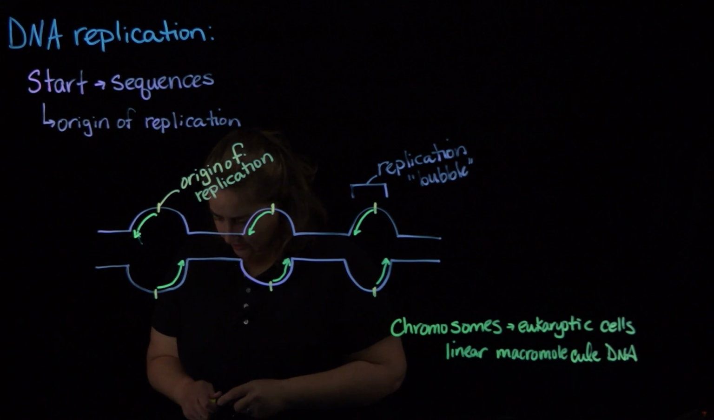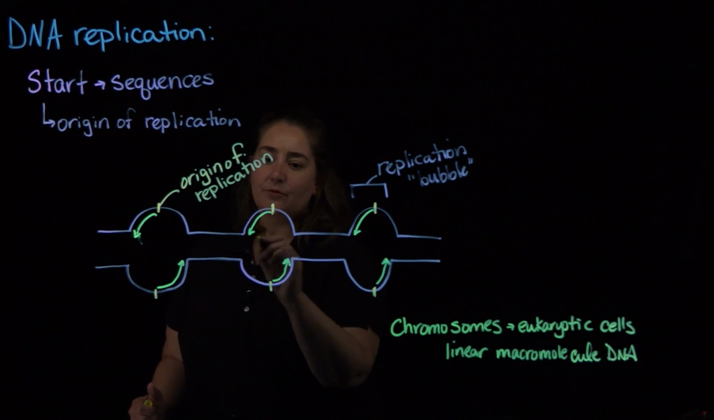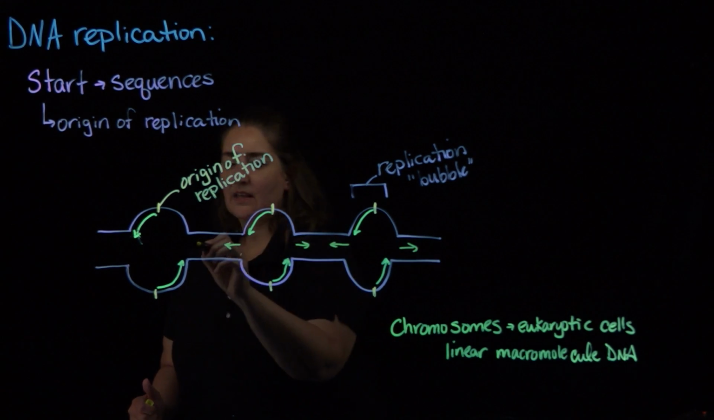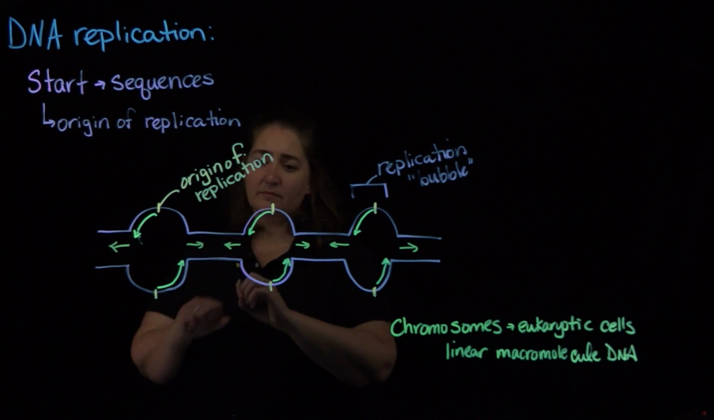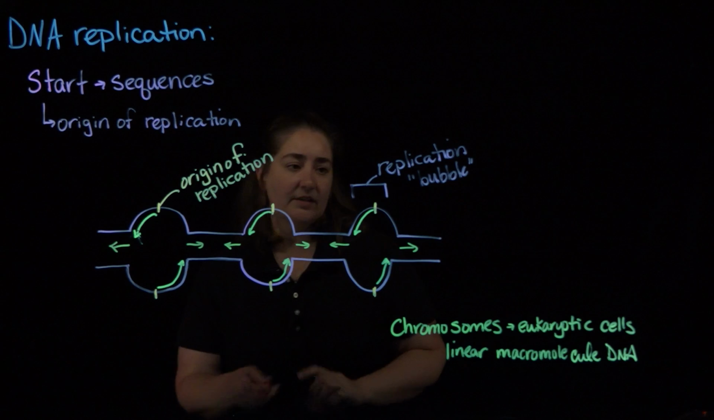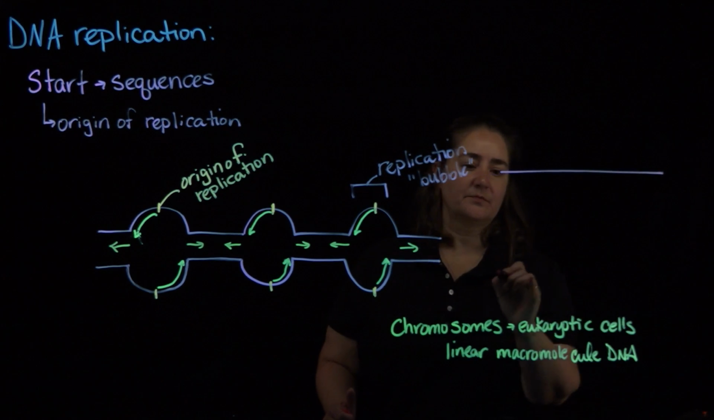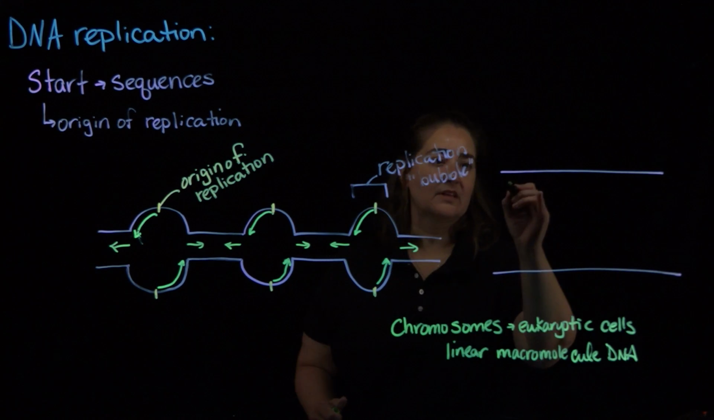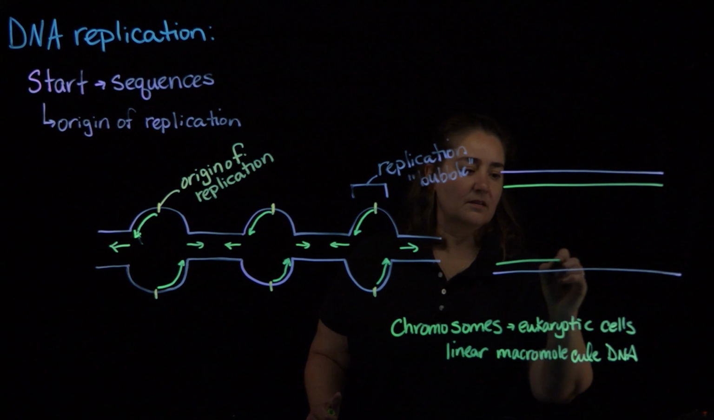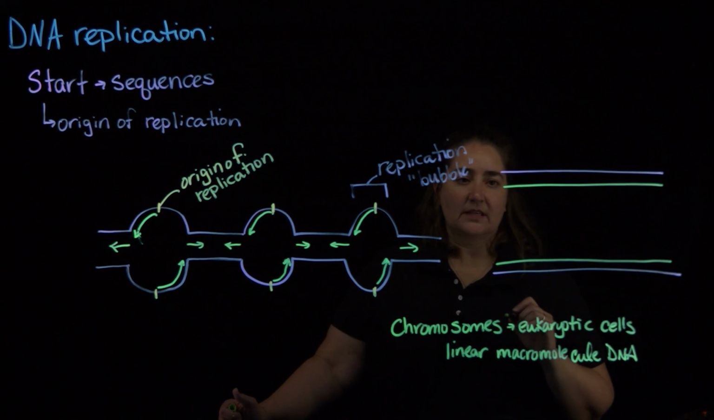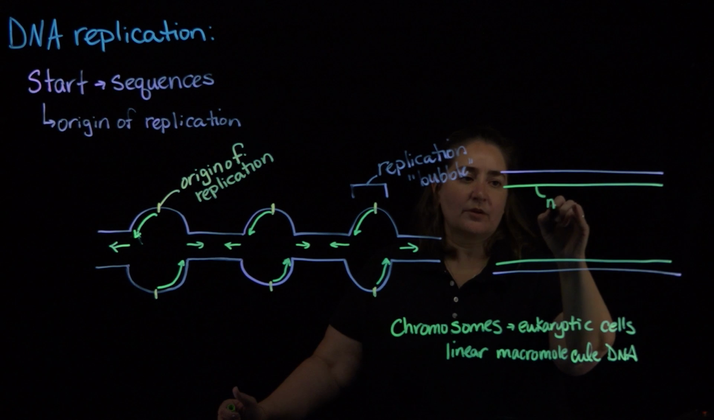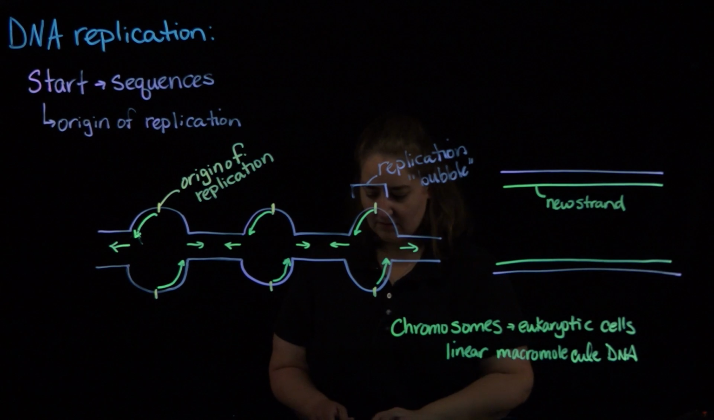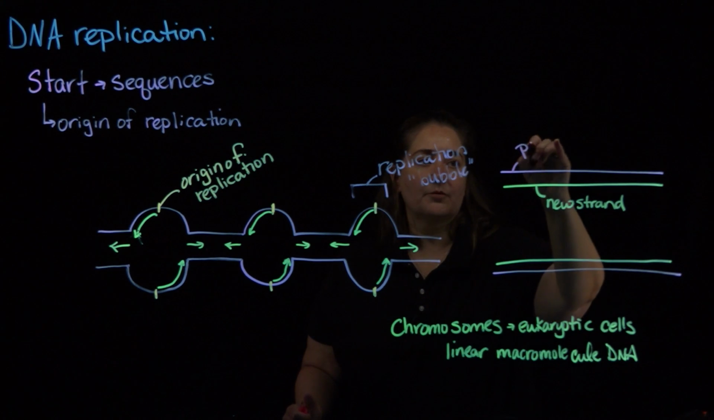So in terms of our replication bubble, we're going to have replication that's going to happen. We're going to go both directions, all right? And then eventually these meet up and they'll seal together to make one long continuous, terribly squeaky, new strand of DNA, okay? So our green, remember, this is our new strand. This is our parental strand,